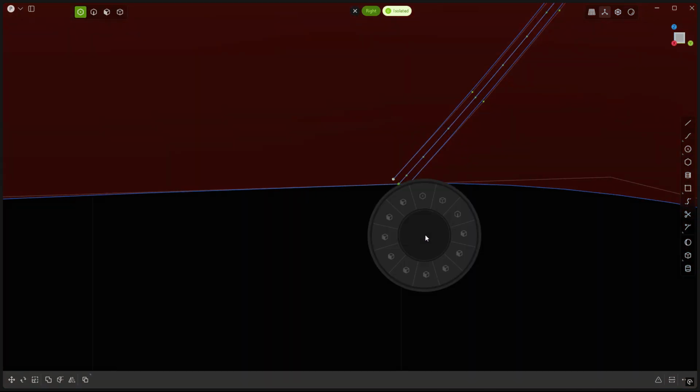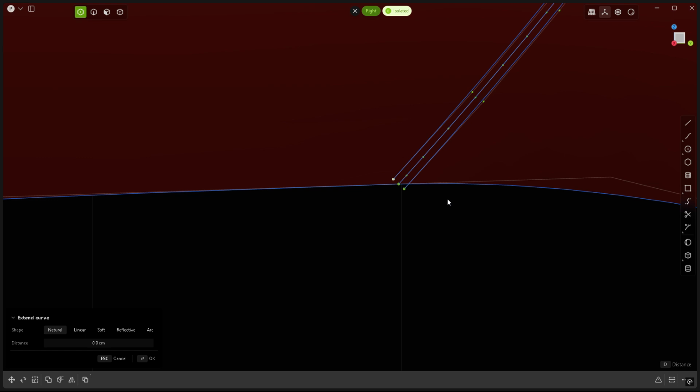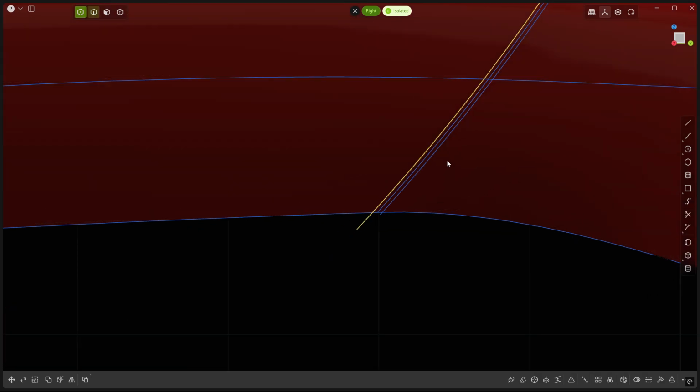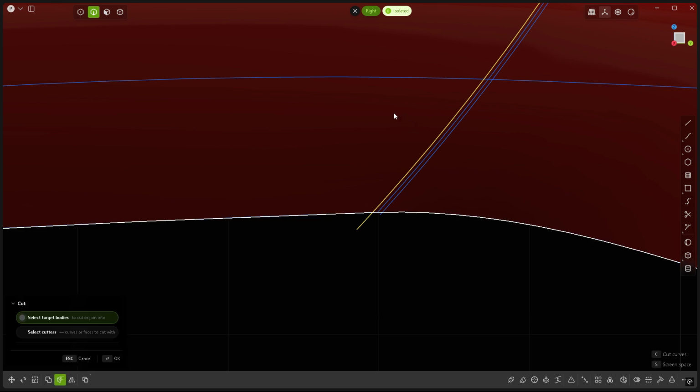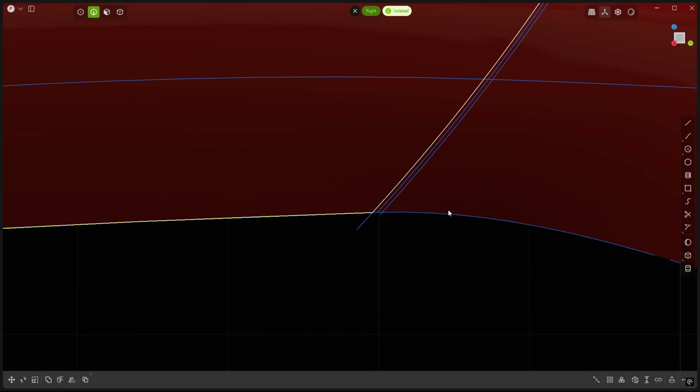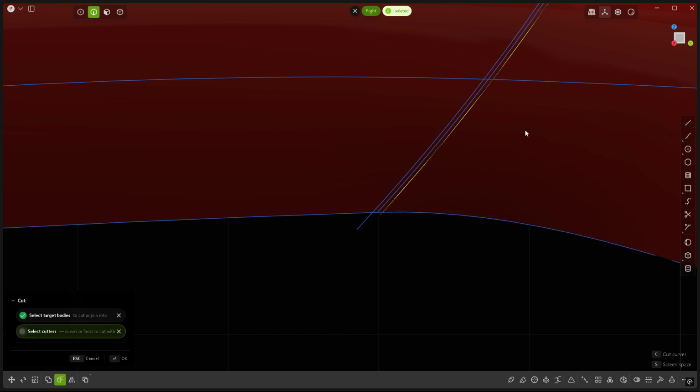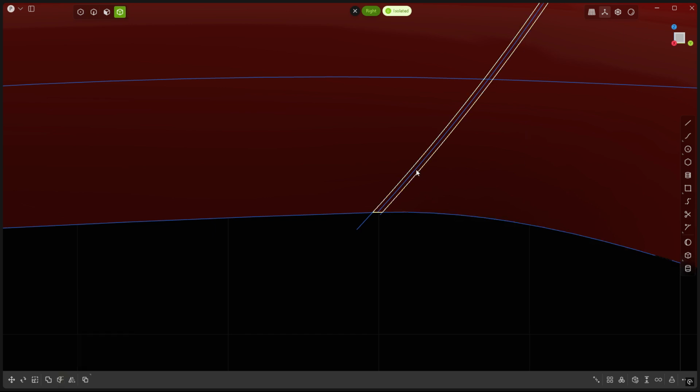Select this point, extend the curve, press D, there we go, and then select this curve, press C, and select the door. Do the same with this, press C, select the panel,